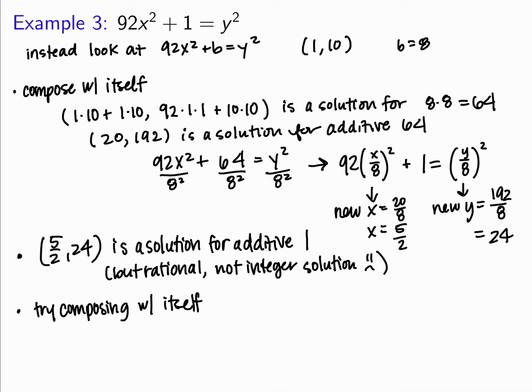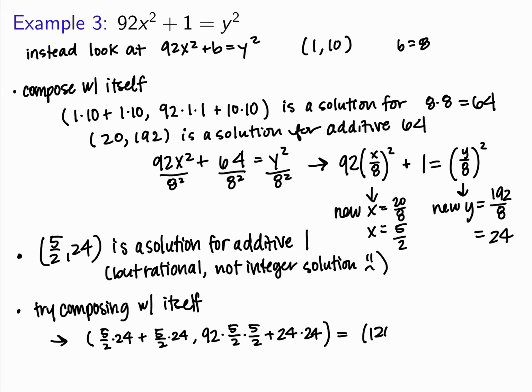So 5 halves, 24 is a solution for additive 1. So what did we get? We do our u's times our v's. So 5 halves times 24 plus 5 halves times 24. My d value is still that 92 times my u's. So 5 halves plus my v's multiplied times each other, 24 times 24, my bad. So when we clean all that up, multiply all that through, we get 120 and 1151 is a solution